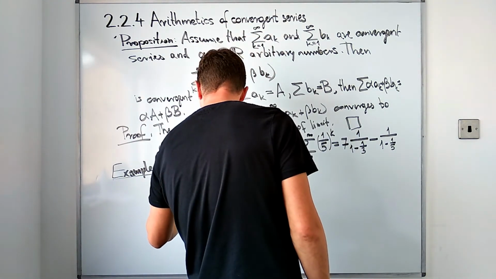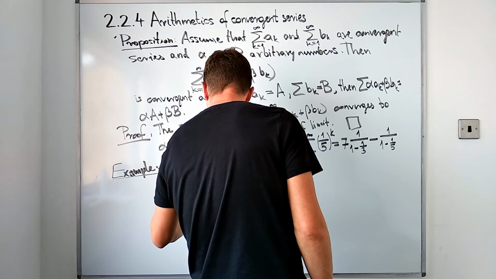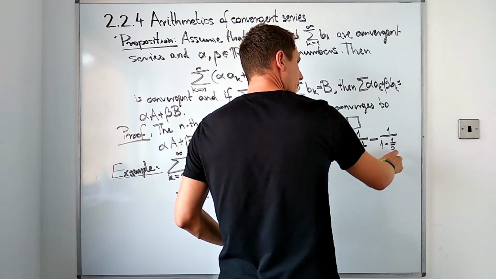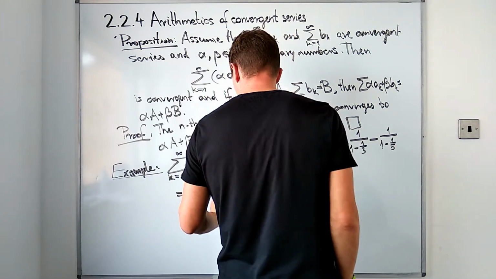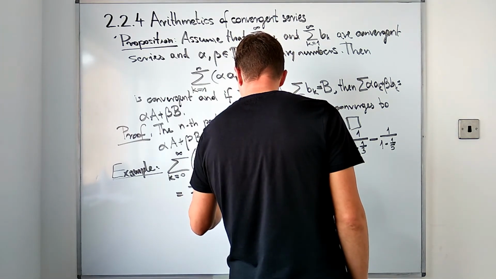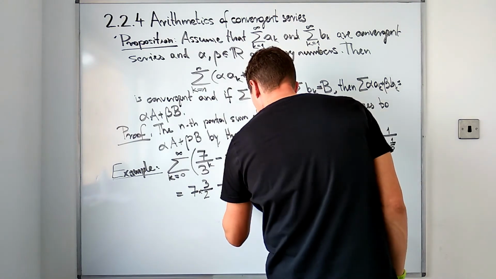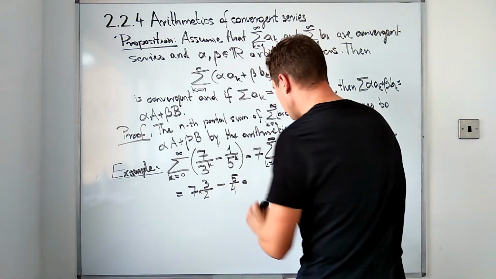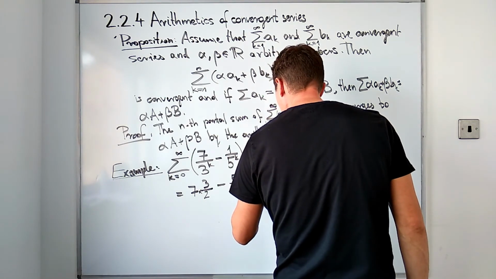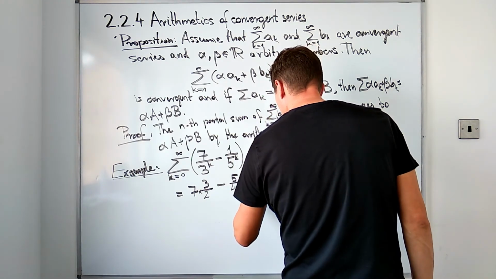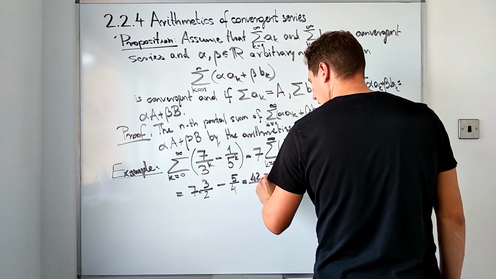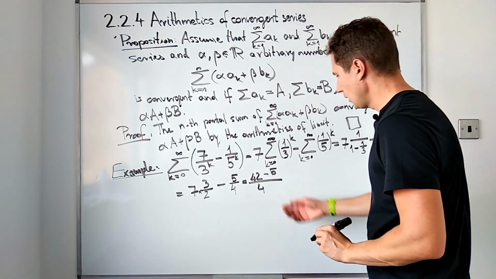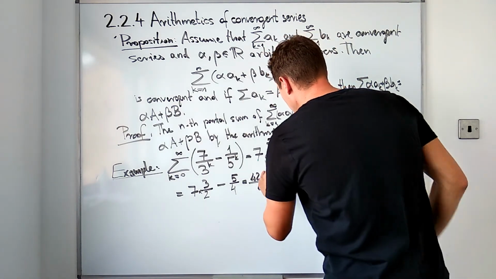So 7 times 3 halves minus, here we have 4/5 in the denominator, which is 5/4. So what we really have is 21 over 2, which is 42 over 4, and then we have 5 over 4 minus 5 over 4, so that is